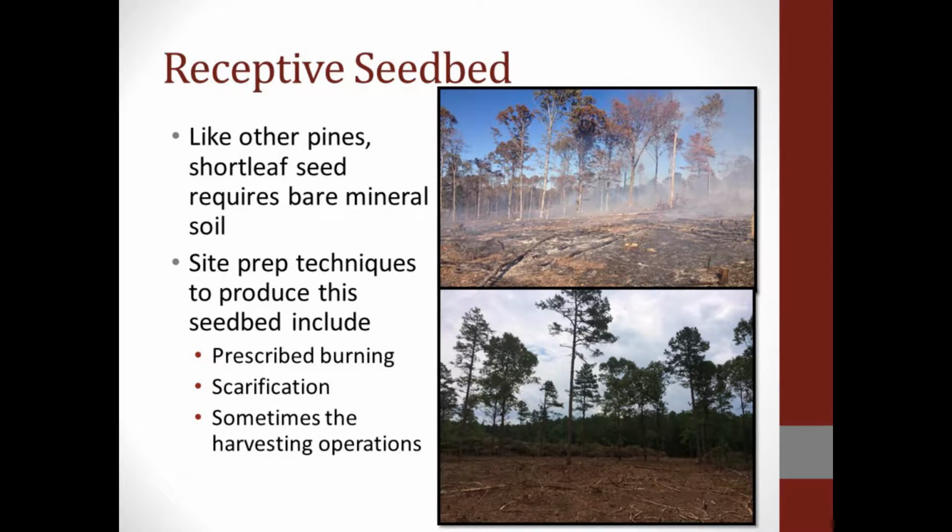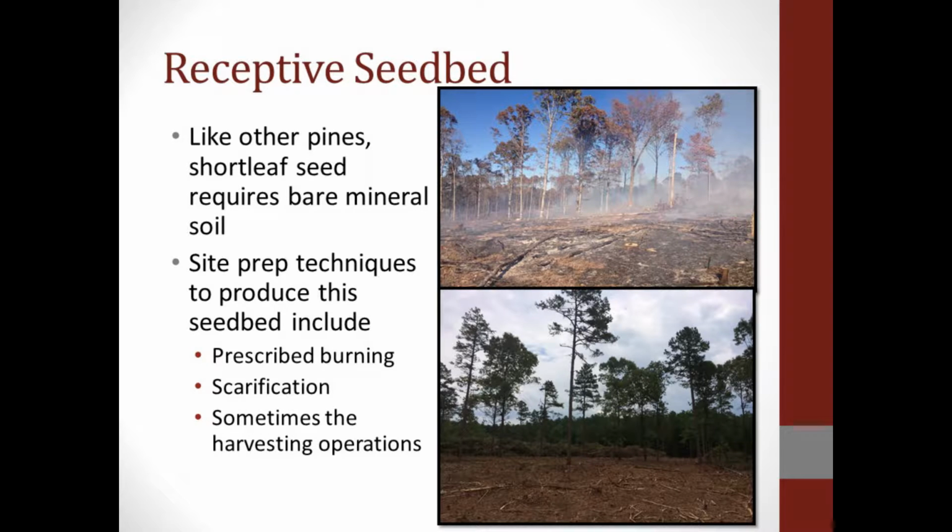Scarification is another technique that you can use. And if you can't use fire, if you have some smoke management issues, there's other things you can do. I've seen some studies out in Missouri and Arkansas where they just get a tractor to drag an anchor around out in the woods. Tears up the top layer of litter and exposes bare mineral soil, and they have used that to establish some shortleaf. I've also seen some people locally drag old tracks from bulldozers around to do the same thing down in longleaf